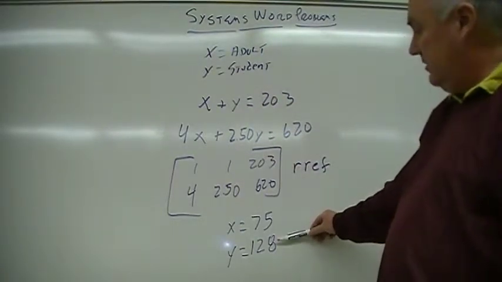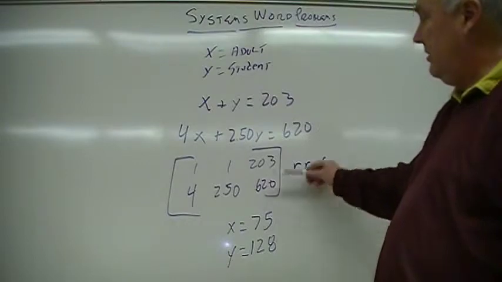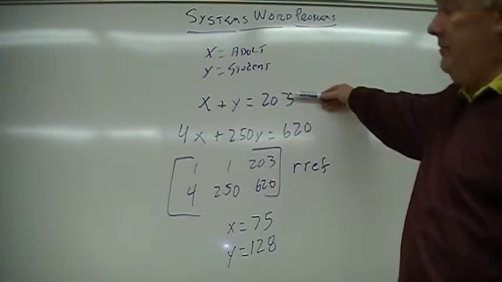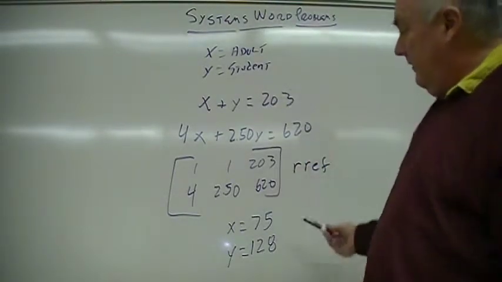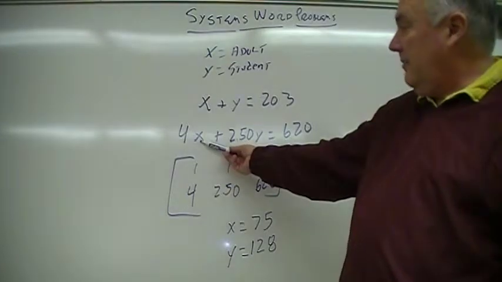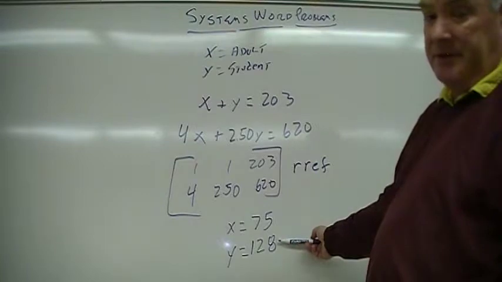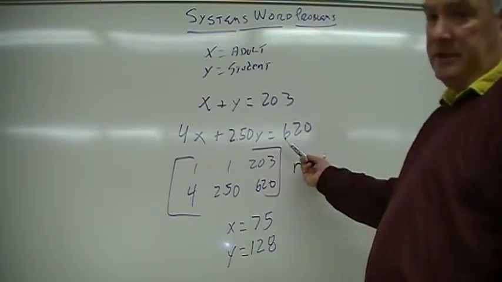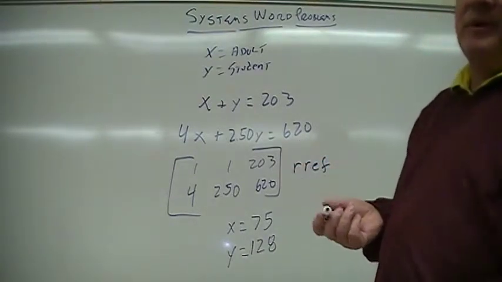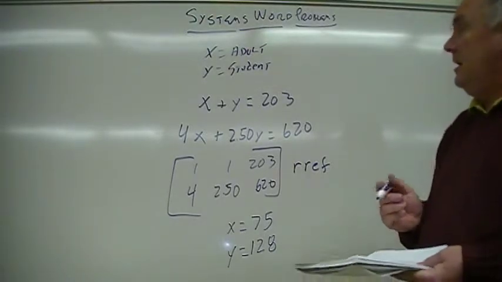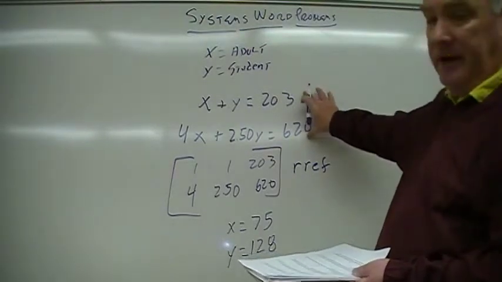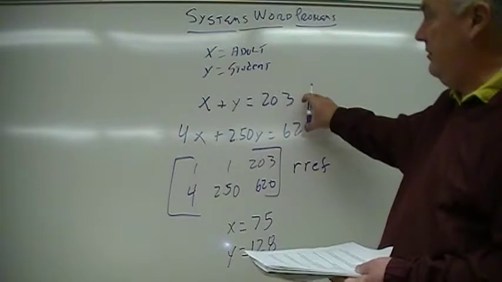Adult tickets plus student tickets, when you add these two numbers together, you get 203 total tickets. And if you take 75 and multiply it by 4, add it to $2.50 times this many student tickets, you will get $620. That's the purpose of a system: being able to take two different types of situations, put them into equations,